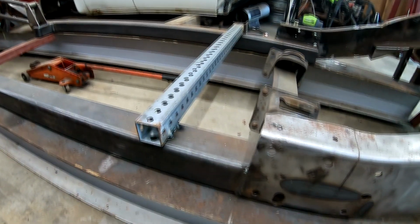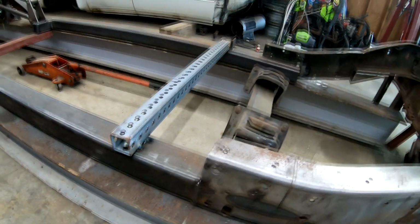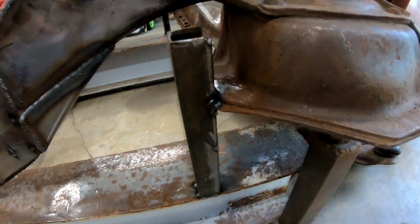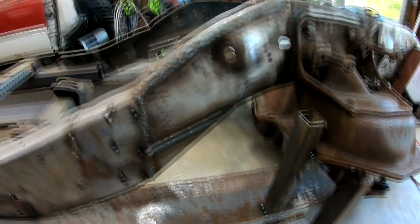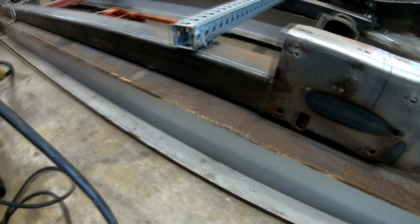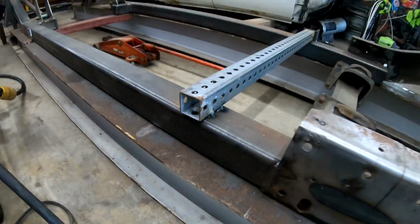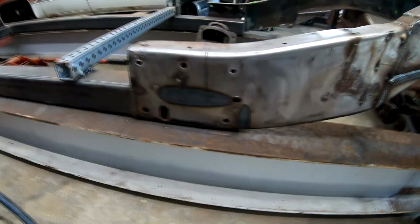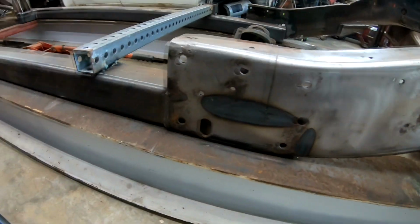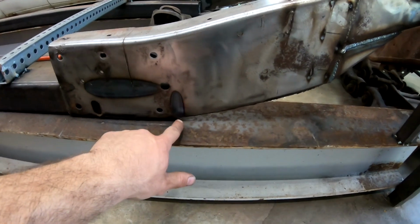Alright, so I tacked just a piece on there to keep the frame from pulling in. Tacked those there. That's a little rusty there, so it should stay. But I know I do have some places where the frame is tacked to the makeshift table, but anyway, it shouldn't go nowhere. So the next step is to get these welds behind there cut off, or I'll probably just